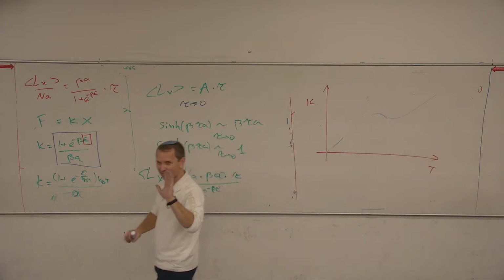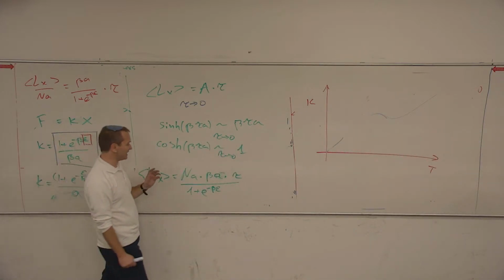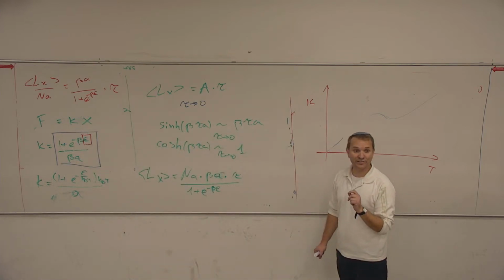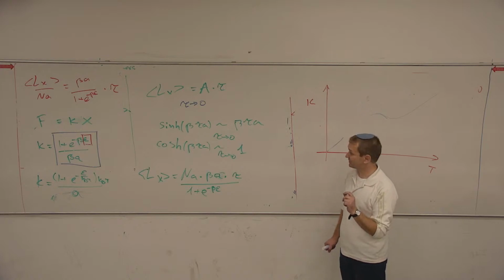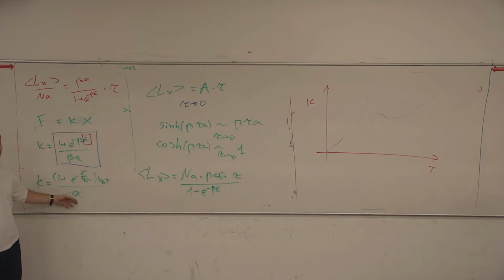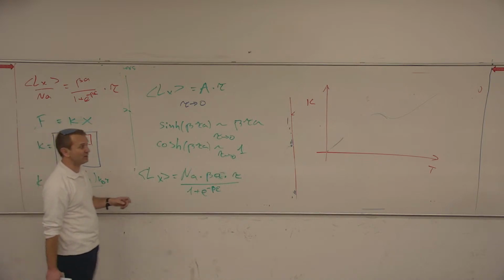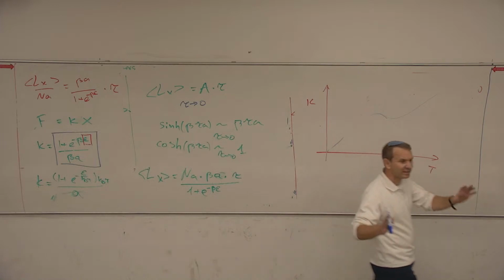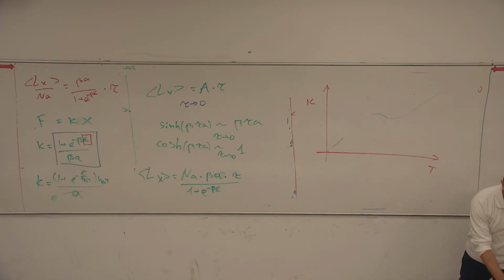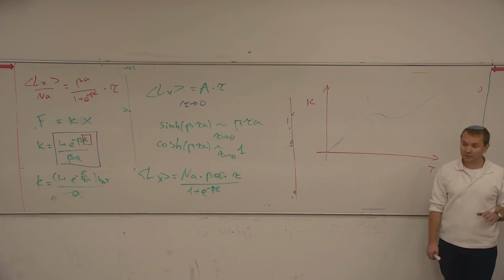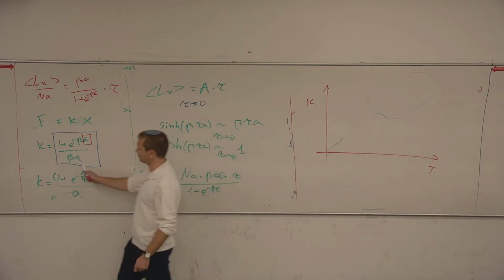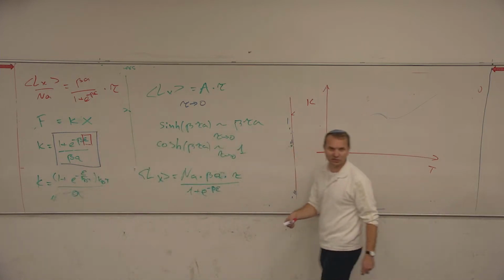It depends on temperature. But the thing is, at some point this equation won't be okay. Sorry? We got to this equation by saying that tau is small. Exactly. This is something that we developed when tau is small. But let's assume that tau is still small. So what do we have over here? The behavior that we are going to get is an interesting one. First of all, it's not always proportional to T because of those terms over here. There are going to be some modulations.